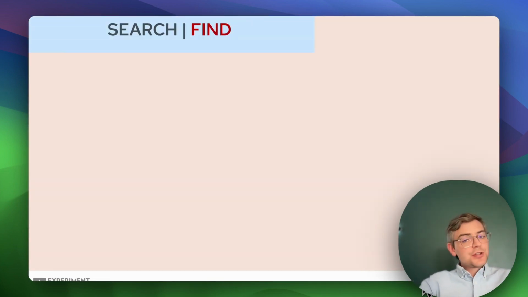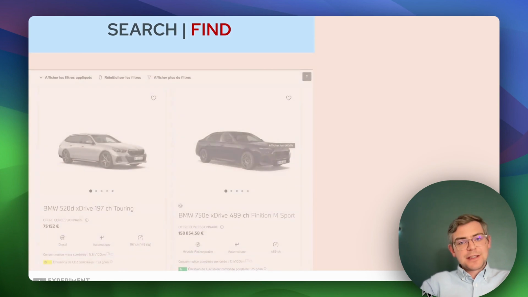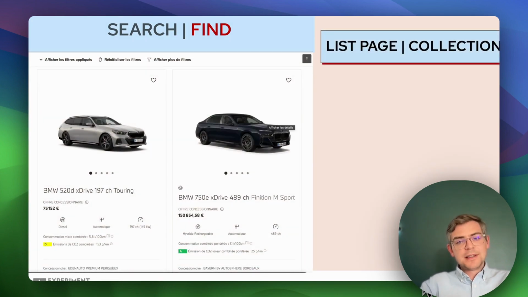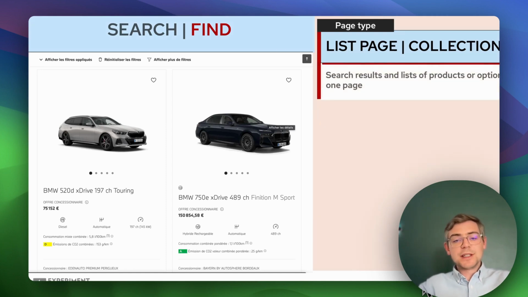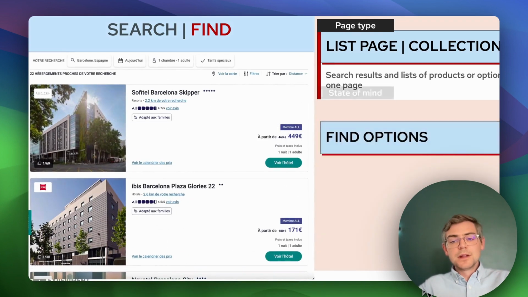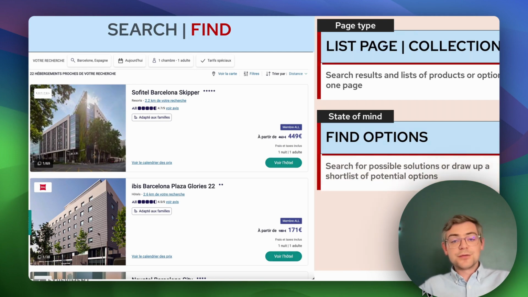Then you have the search and find state, which is a page like the list pages and the collection pages. And here the objective is for the user to search and make a short list of the options that they like and that they want to get more information about. The state of mind basically is find the option. What are the right options for me? So here the user will basically